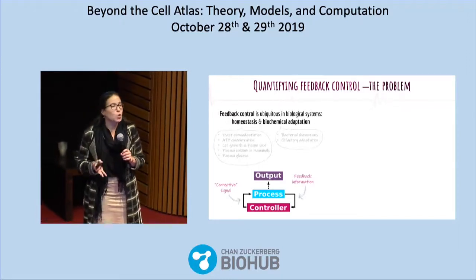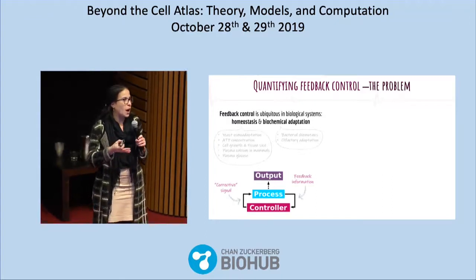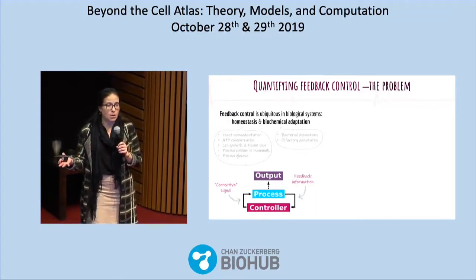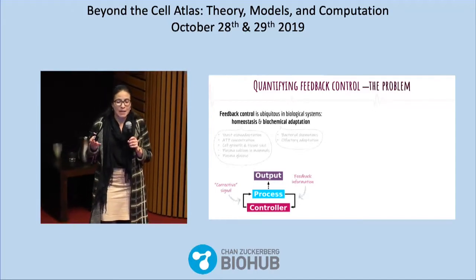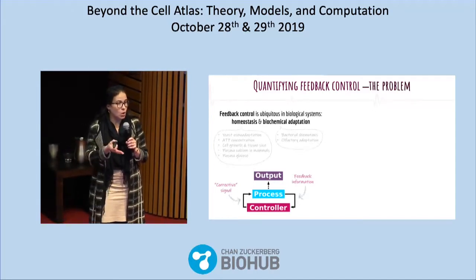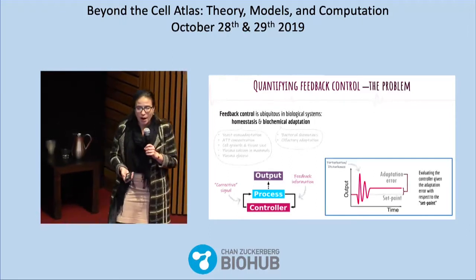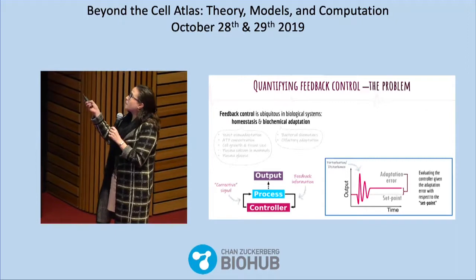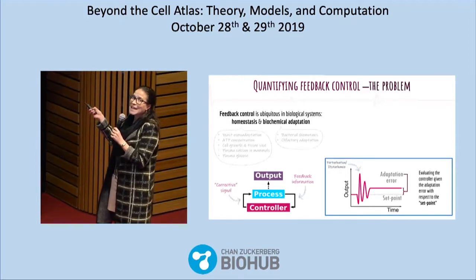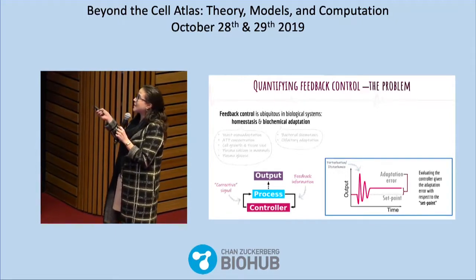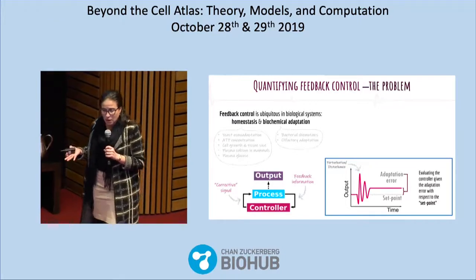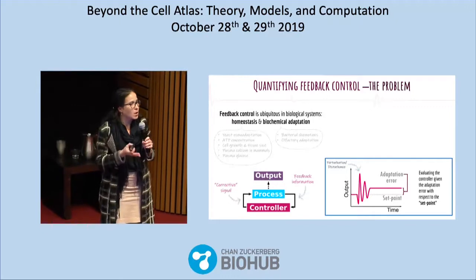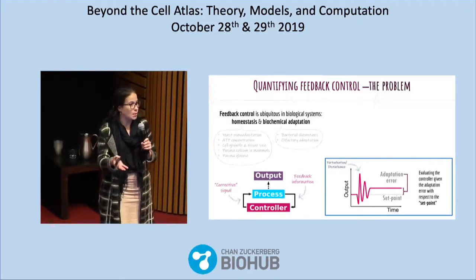Now, a crucial step to be able to both better understand as well as design effective feedback control in biomolecular systems is to be able to evaluate how good a particular control system is. So far, most of the analysis relies on the adaptation error with respect to some ideal or optimal output defined as the set point. This concept is inherited from control theory and engineering, where in most cases, the set point can be clearly determined from the equations describing the system.